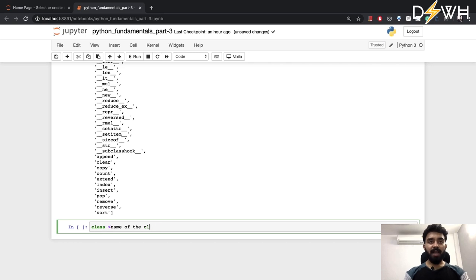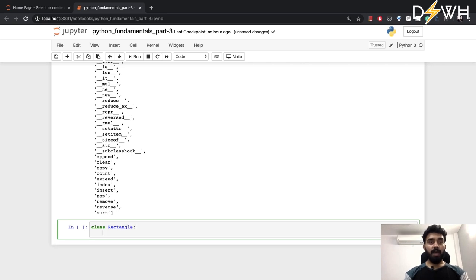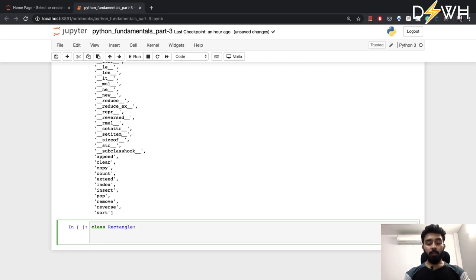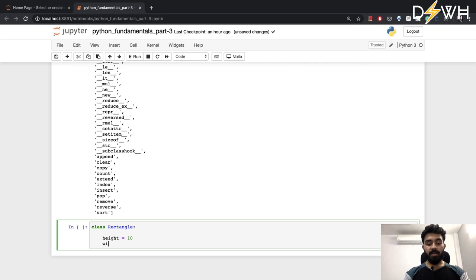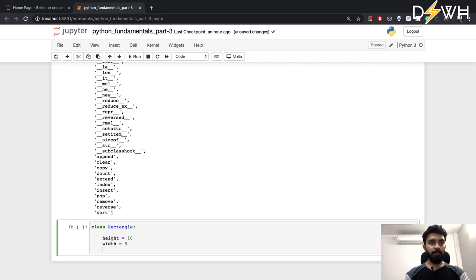Let's try to understand this using an example. Let's say I create a new class called rectangle, and the data attributes that I have to provide are, let's say, height, which I mention as 10, and width, which I mention as 5.